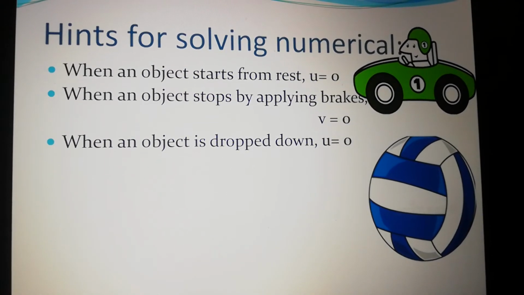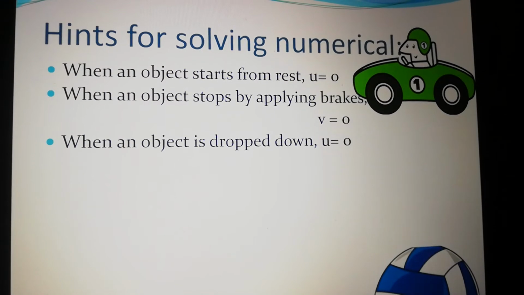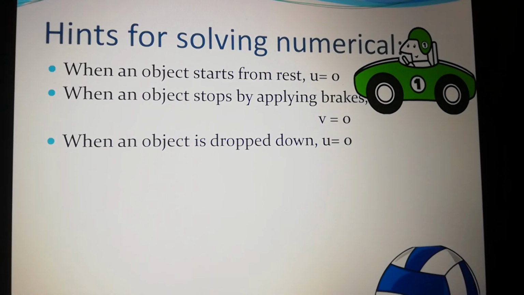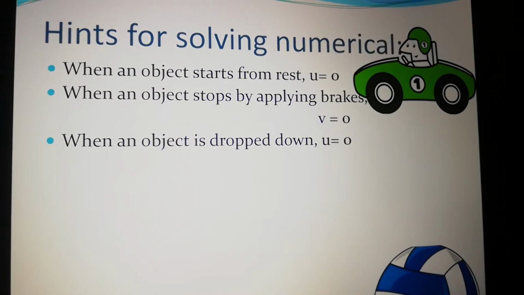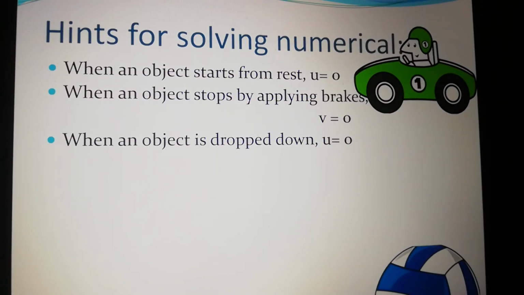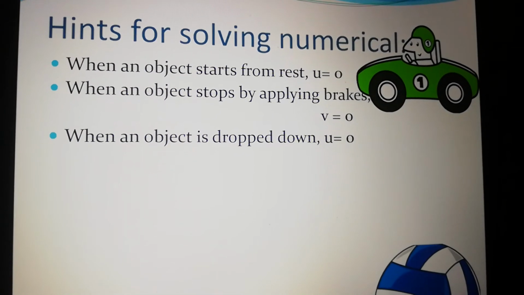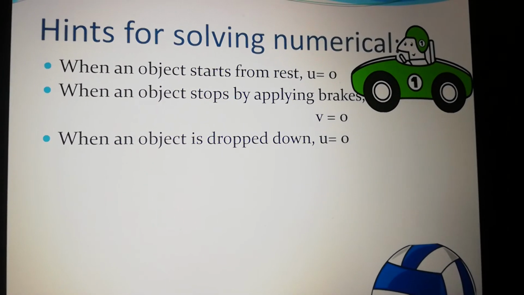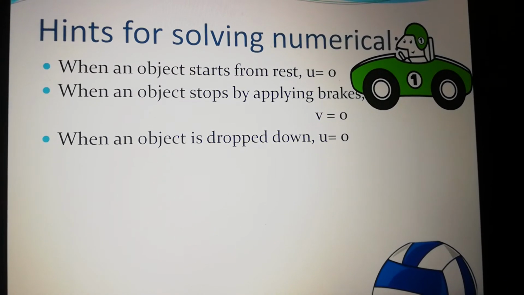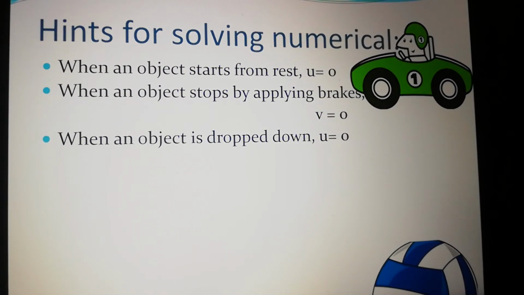Now, if an object is thrown up, then what? Then we will take final velocity v as 0. Here the final velocity v will be 0. So when you are making the object go up, it stays in the upward position for a moment and then